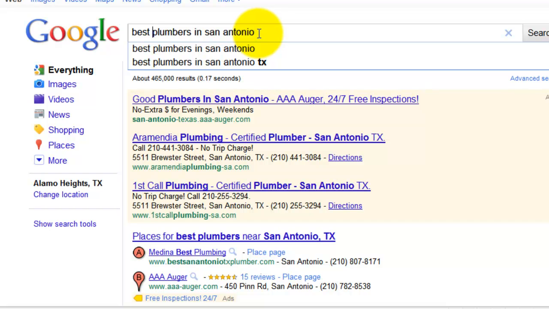There's different numbers of searches for each keyword phrase, and so you want to maximize the number of people seeing your web pages. So you want to target those that have the highest number of people using those particular keywords. So let's go ahead and move on and talk a little bit more about how you use keywords in your